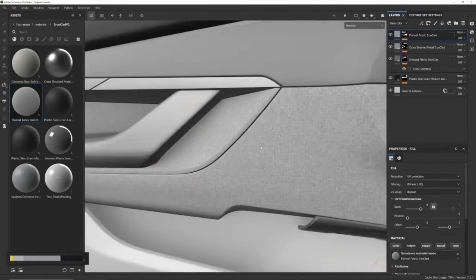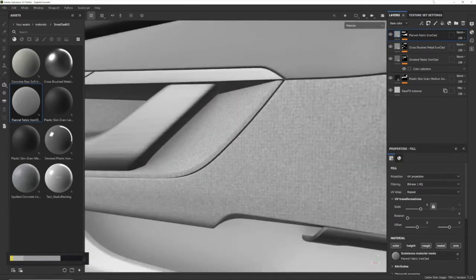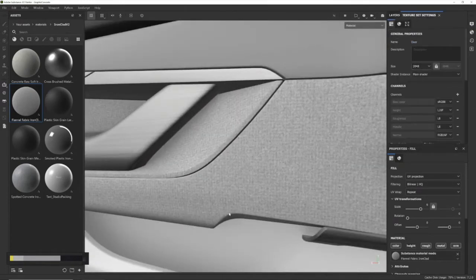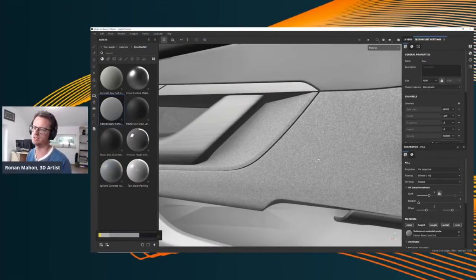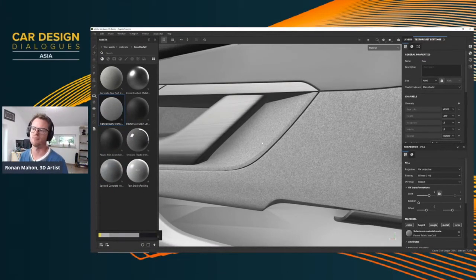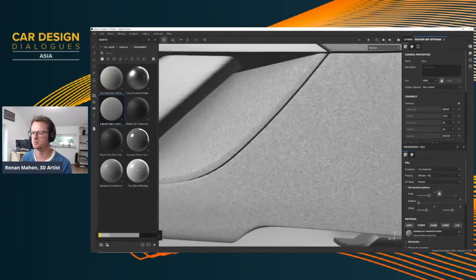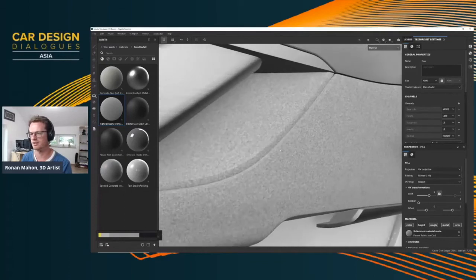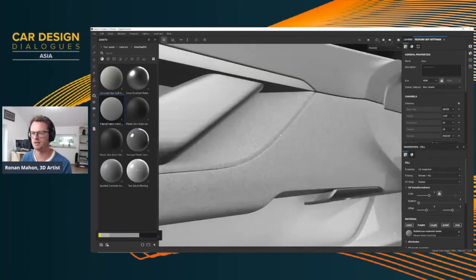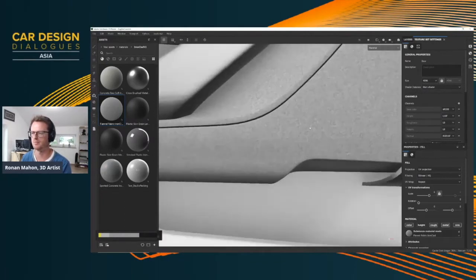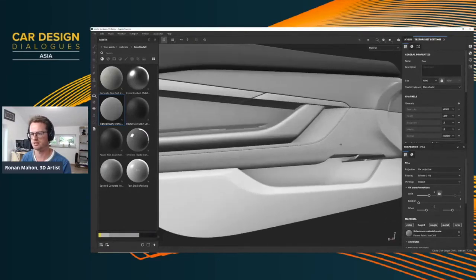So I'm noticing that this looks a little bit low res, but that's just purely because my settings for this texture set a little lower. So I'm going to bump up the resolution. All these materials have detail in them up to 8K resolution. So if you increase your output size, there's loads more detail there in the material. It's not going to just be a blurry mess. You can see that now I've got little fine fabric stitching, and you can see the little fine details.